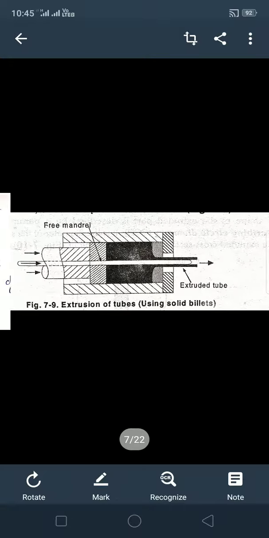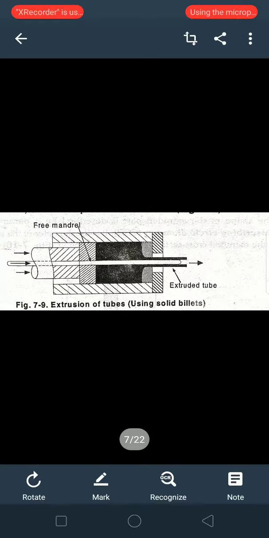In this process, the solid billet is first pierced by a mandrel and then extruded by the ram pressure. Generally, the mandrel is actuated by a separate press, moves coaxially with the ram, and is independent of its motion. The tube direction and the pressure direction are clearly shown. The solid mandrel, floating mandrel and fixed mandrel setups consist of a container and a ram, which is operated hydraulically or by some other means.